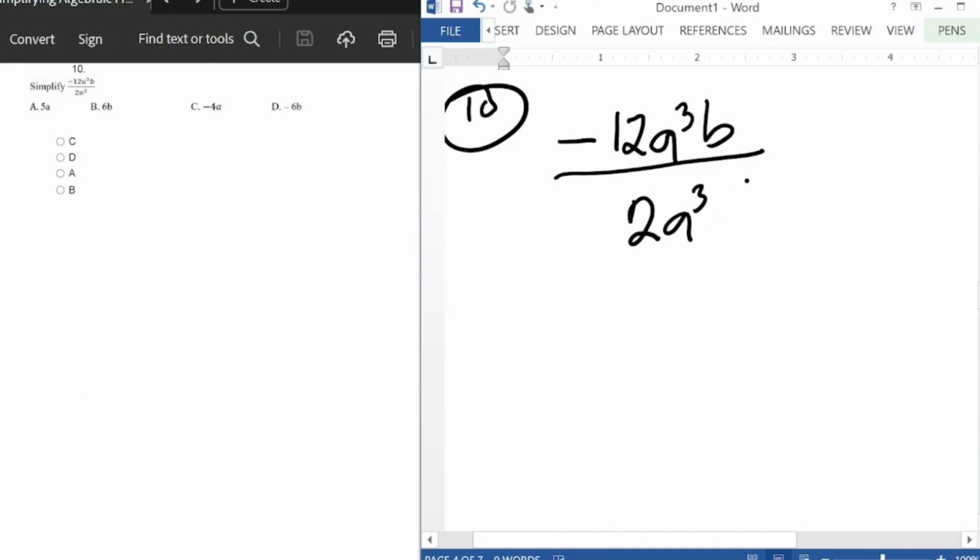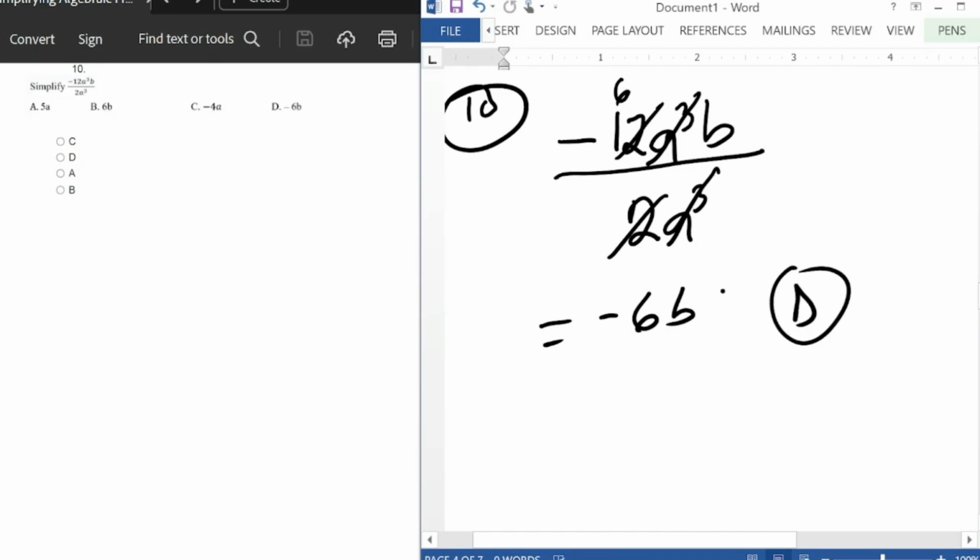So a cube cancels a cube. 2 here 1, 2 here 6. So that means we have minus 6b. Do we have that? That's option D. So that is that on simplification of